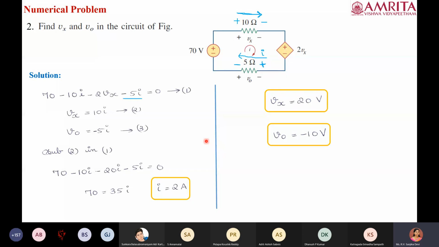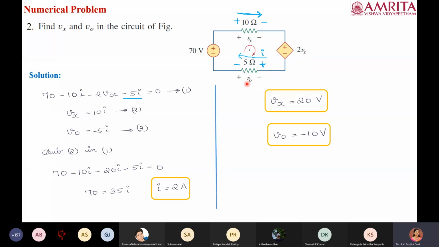Okay, so see in the equation, V0 has this particular polarity, but the answer we are getting is negative. So it means that the polarity they have given is not correct. It has to be the opposite. That's how we have to understand. If you are getting a positive answer, it means that the reference convention is the same as what we are following. If you are getting a negative answer, it means that the reference convention they have given is not correct. It has to be the other way. That's it. We need not worry at the beginning whether it is correct or not.